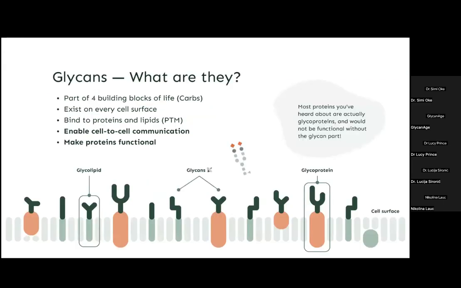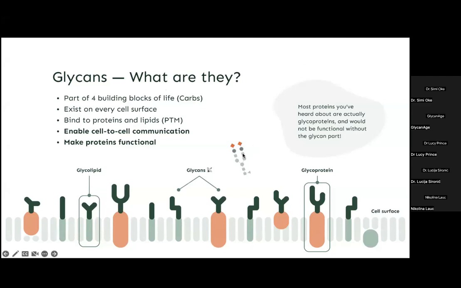So just to touch on some of the science, some of you may be familiar with this already, some of you may not, but I'm going to talk a bit about glycans, what they are and why they're so important, and give you some examples that I think will really show the gravity of how important they are. Glycans are complex sugars that exist on the surface of pretty much every cell in the body. When we think about typical proteins, most of those proteins are actually glycoproteins, which means they have